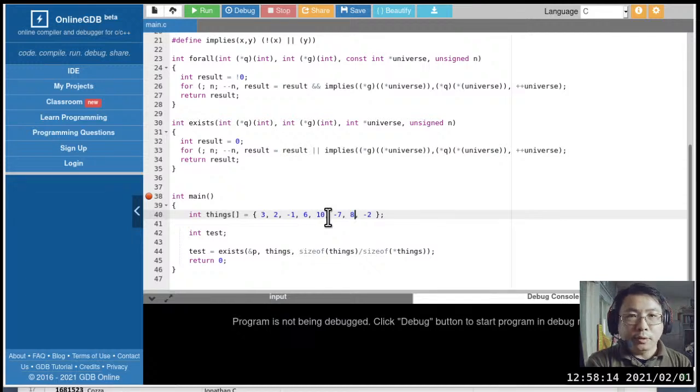In other words, if you look at all the non-negative values in this universe, they're all even. But when you look at everything in this universe, they are not all even. -2 is even, but it's negative, and the -7 is negative, and it is not even. But when you look at everything that is non-negative, oh, I still got a 3 here, so we need to fix that. But when you look at everything that is non-negative, they're all even. So 4 is positive and even, 2 is positive and even, 6 is the same way, 10 is the same way, 8 is the same way.